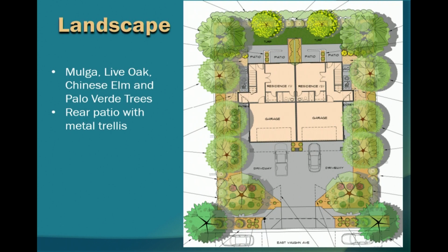In terms of landscaping, they are meeting minimum landscape requirements, providing mulga, acacia trees, live oak, Chinese elm. There's some existing trees on site that they are maintaining, for example, that Palo Verde at the rear, and then adding another to accent the site. As I mentioned, there is the rear patio with a metal trellis, as well as planter pots on those back